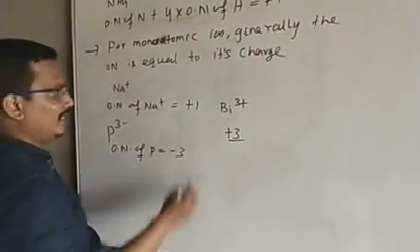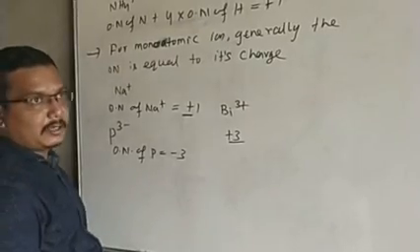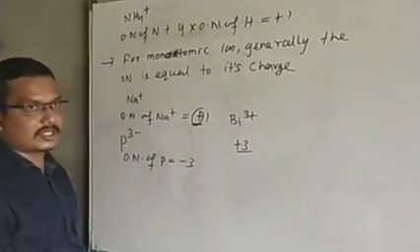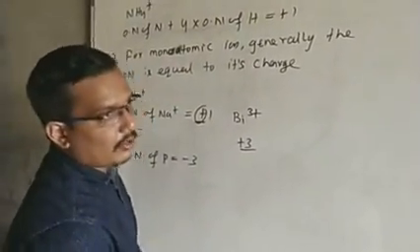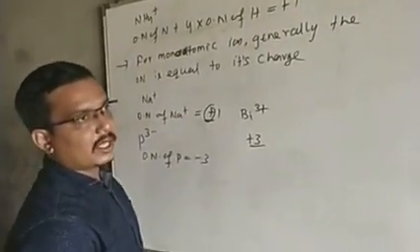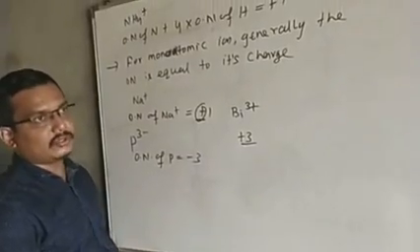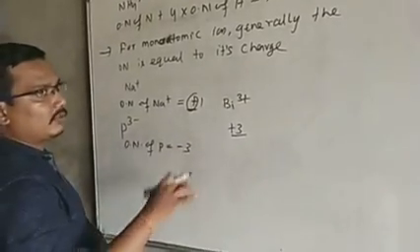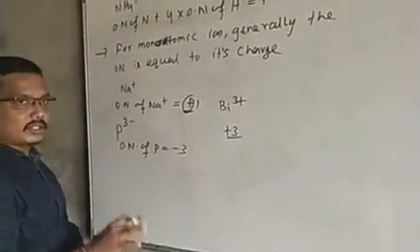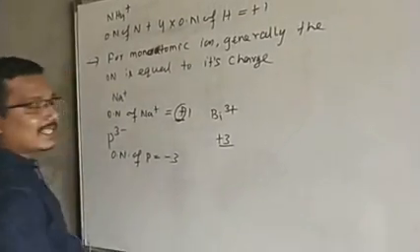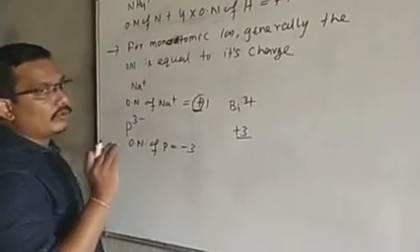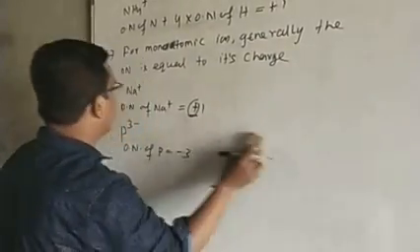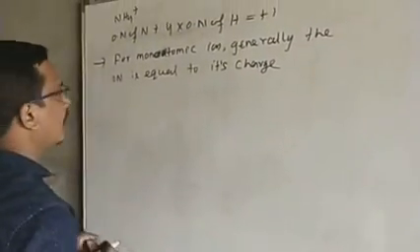Remember, this is a key point, a very important point. Oxidation number is always written with the help of a sign, plus sign or minus sign. If an element has oxidation number 0, there is no need to write any sign; you can only write 0. But if you write digits like 1, 2, 3, it must be written with a plus or minus sign. Valency cannot be written with this sign; it is only a number. That is the third rule for the calculation of the oxidation number of an atom.